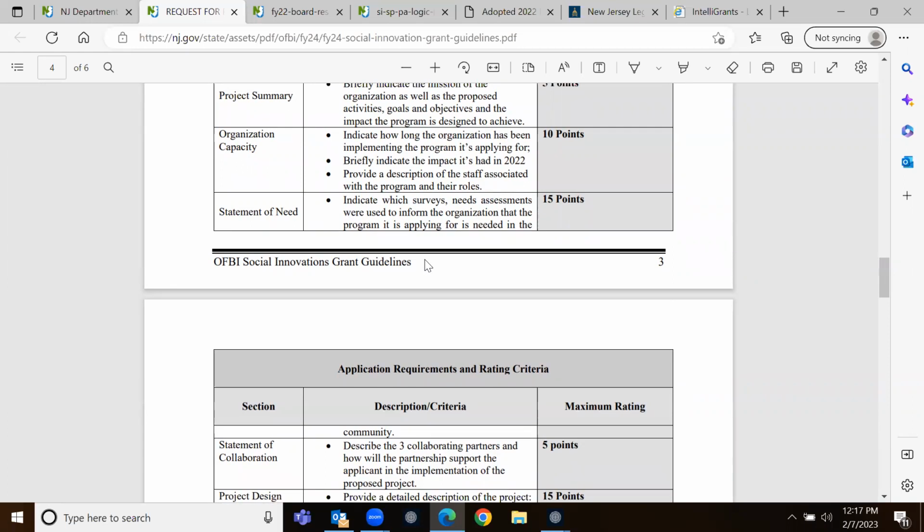A lot of folks didn't even answer this section, and there has to be a reason why you're doing what you're doing, right? You just can't arbitrarily say, oh, we're gonna sell ice cream on the corner, as